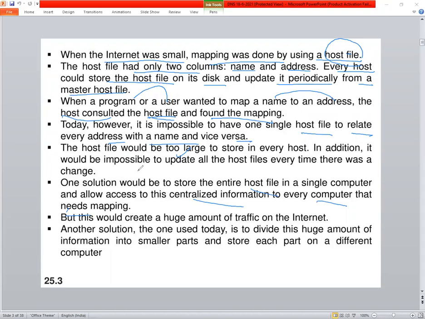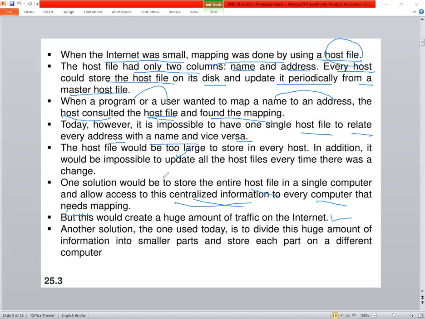So this host file is maintained separately in a single computer so that the users who want to map an IP address to a name or a name to an IP address will get information from this PC, which is maintained centrally for every computer that needs mapping. But this would create a huge traffic over the internet.